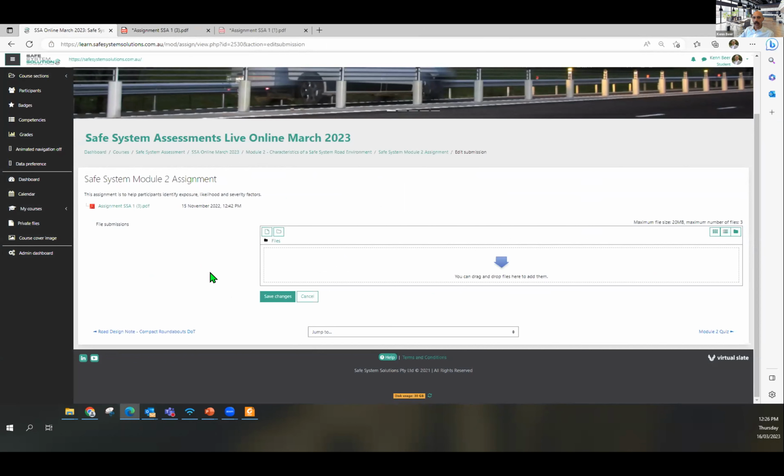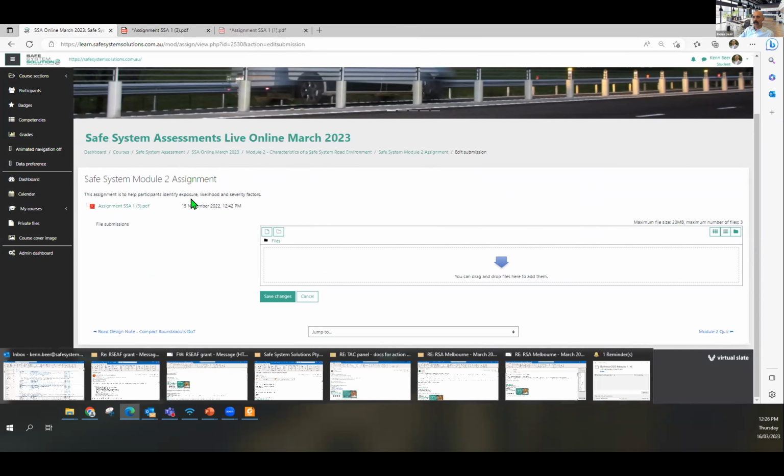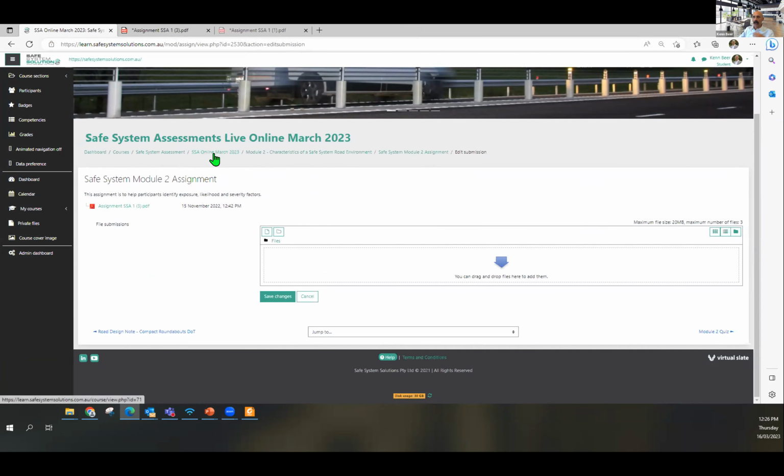Just if you haven't quite got your head around this exposure, likelihood, and severity, do the quiz and do this little assignment, and that'll prime you up nicely for next session. Max will probably get somebody maybe live to talk through theirs and give out some prizes, and we can have a good chat on that. And you'll get some stuff on pedestrian cyclists and motorcyclists. So I'm just going to stop sharing there.